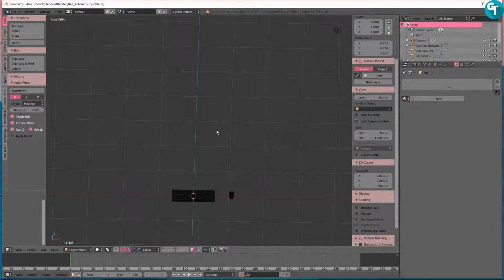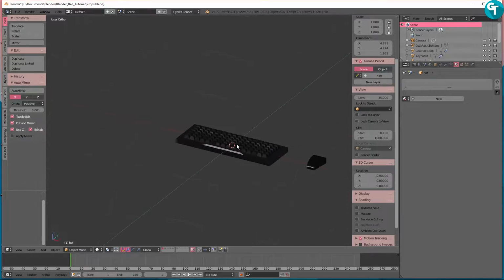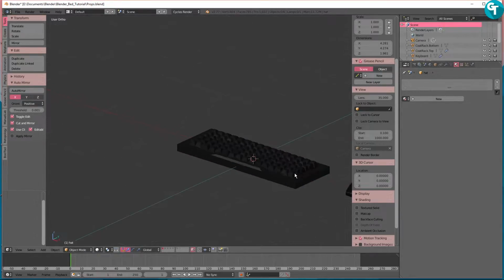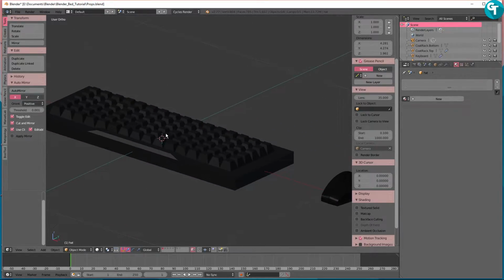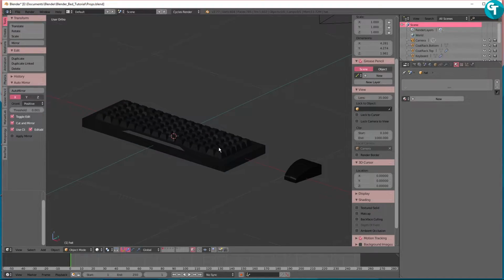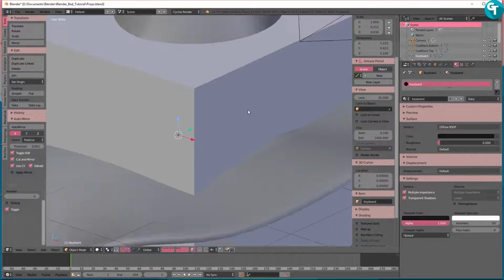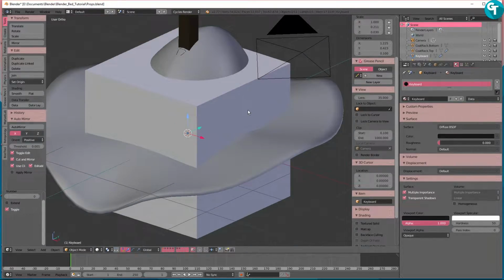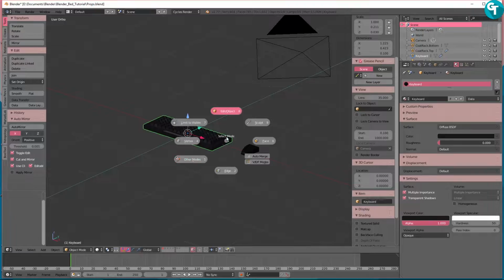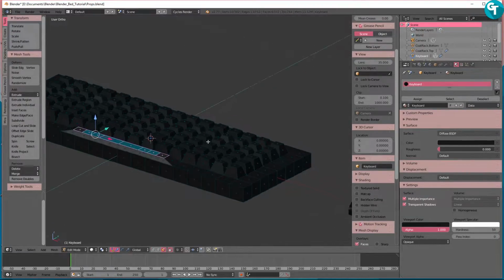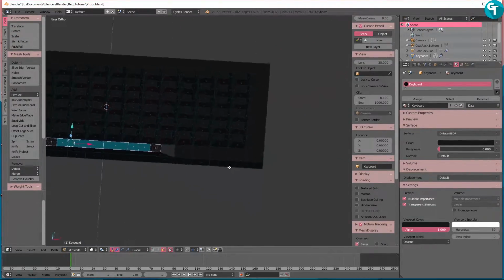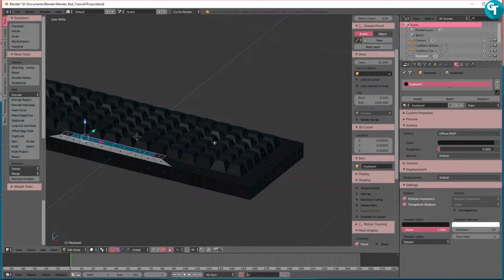There's going to be another file that you can download, and it's going to be a props blend file. It's going to have a keyboard and a mouse. Now, by no means are these professionally modeled or anything like that. They're just really quick block models, and as you can see, all I did was model the shape of a